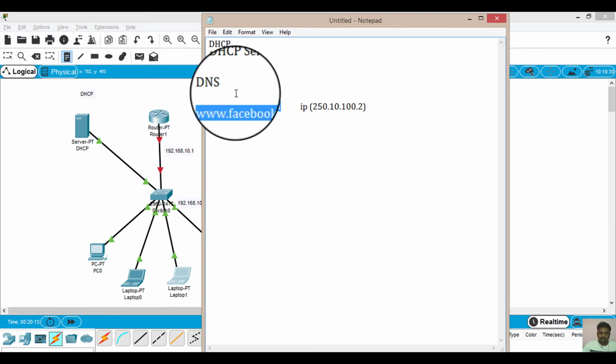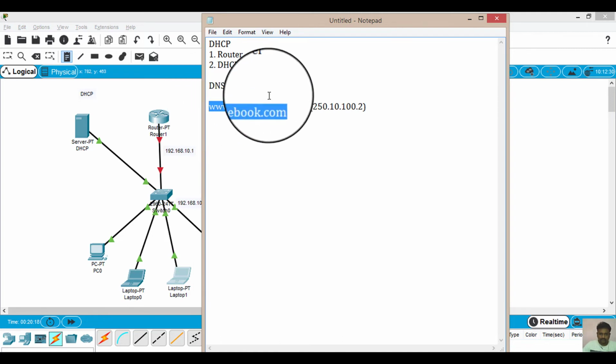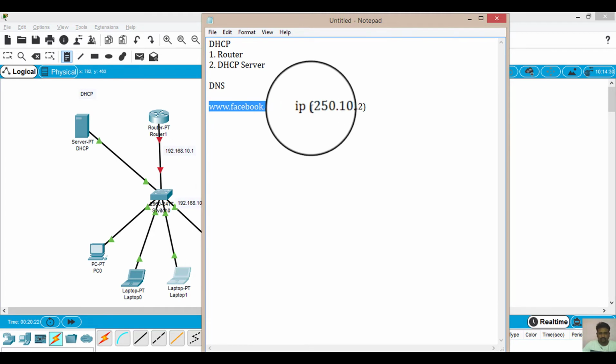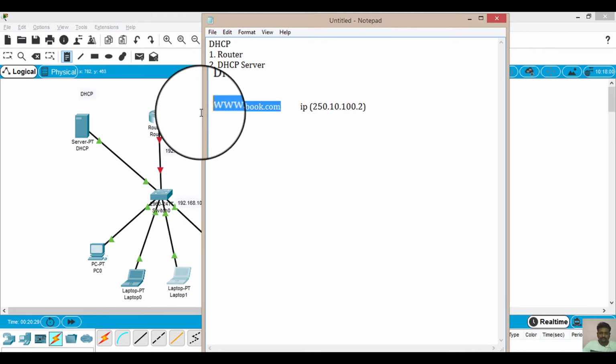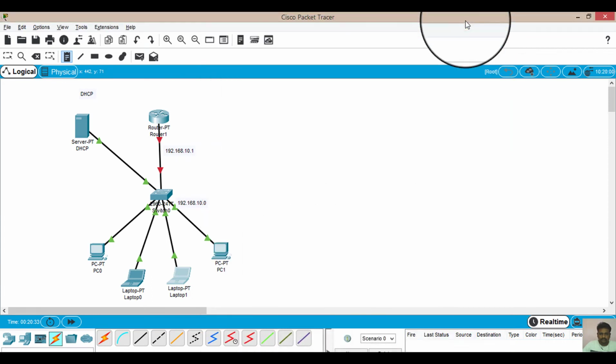How are these names converted? We use DNS for this purpose. DNS helps us use these names instead of IP addresses, or we can use vice versa, both. If you know the IP address, you can directly type the IP address in the address bar of the browser, and you will go to the same website. So how is this DNS actually working? Let's come to this.